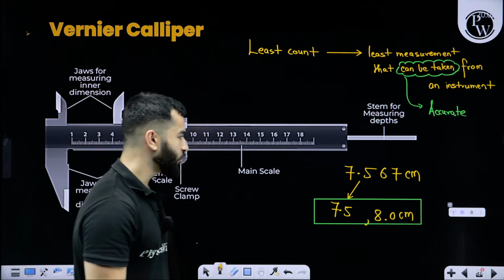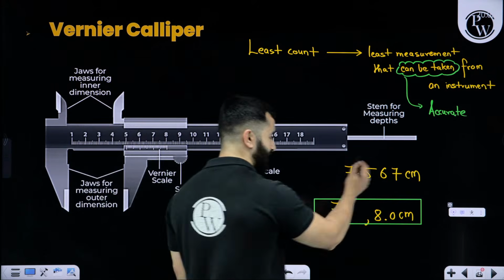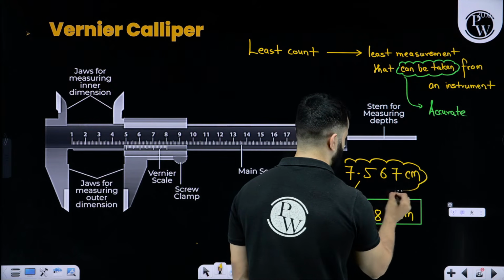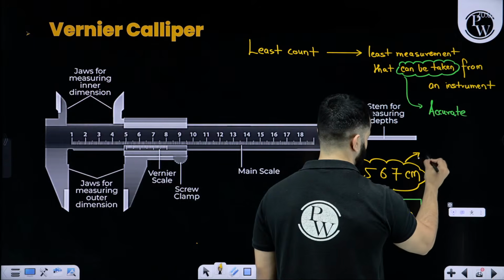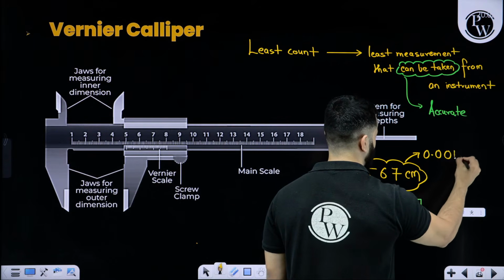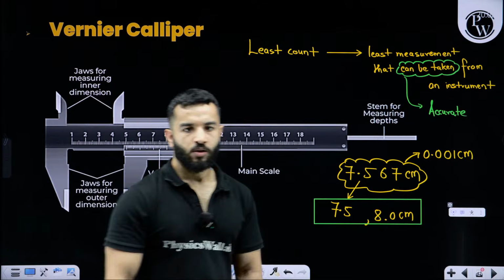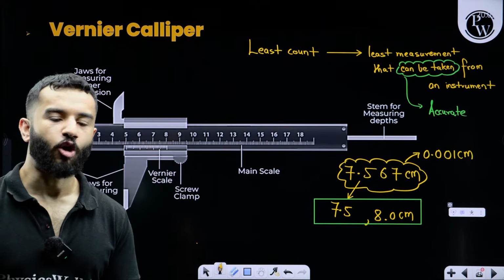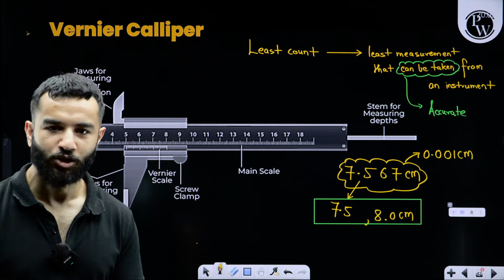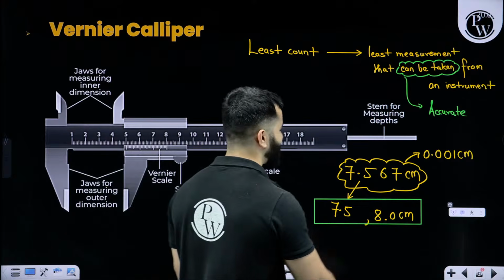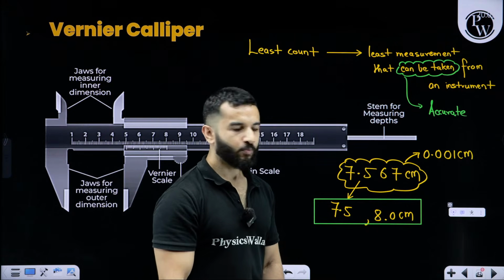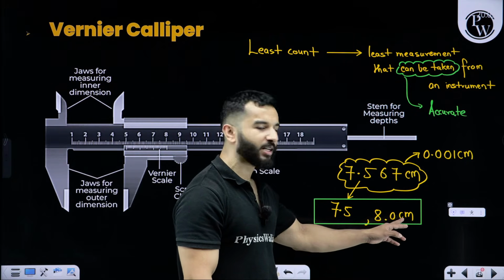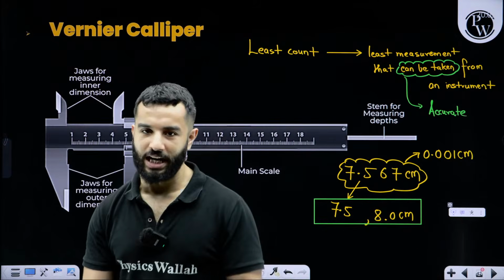These answers are not going to be accurate. If you want to give this as the answer, that means the least count of that particular instrument should be 0.01 centimeter. The reason we use a vernier caliper and not your normal linear scale is that we can't compromise with readings, right? So 7.5 or 8.8 centimeter can be called precise, but these are not accurate,